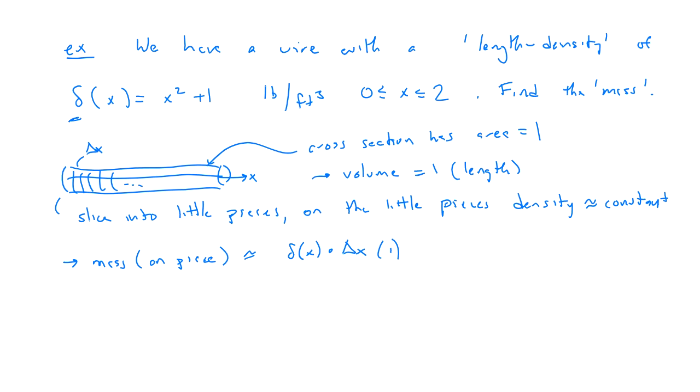Really, we decide if we want to use the left endpoint or the right endpoint or the middle, but we're going to let delta x go to 0, so it's not going to matter. So we're going to multiply the density times the volume. And then let delta x go to 0. And get the mass is equal to